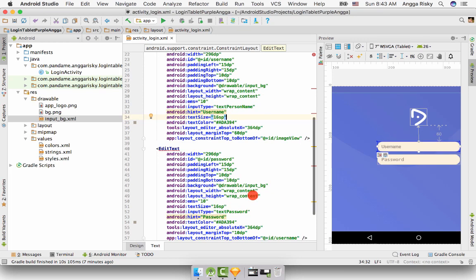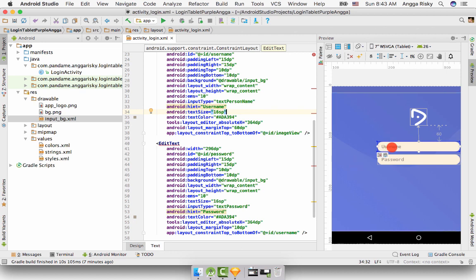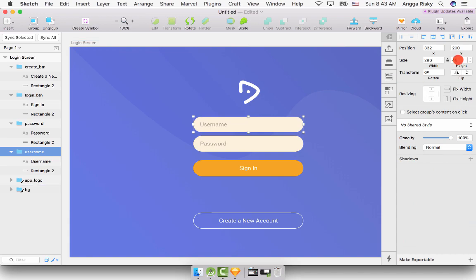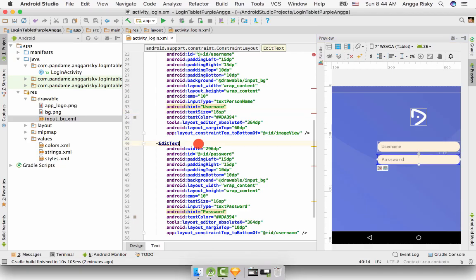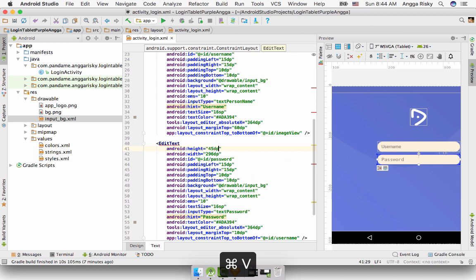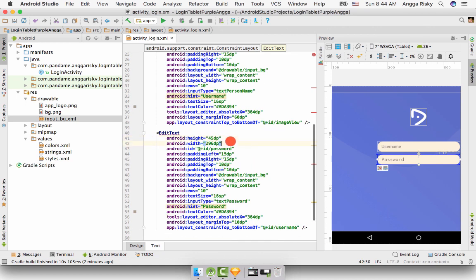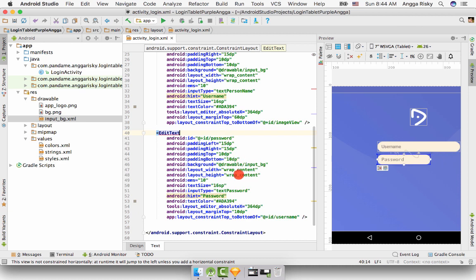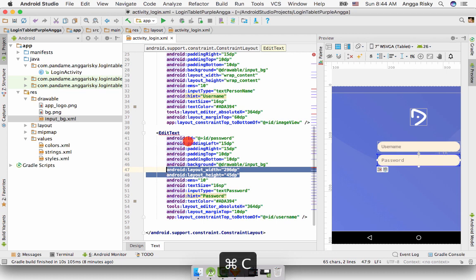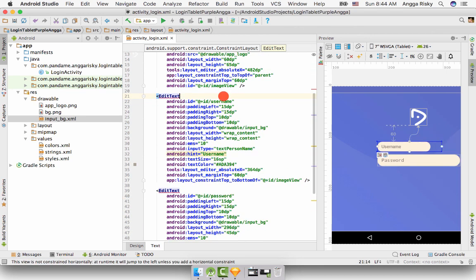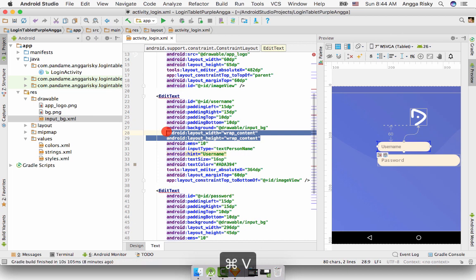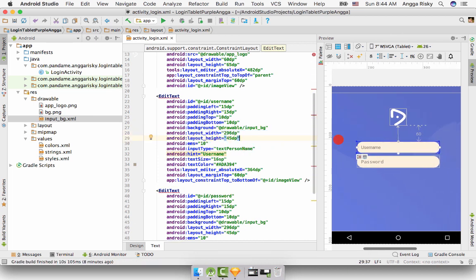Okay, but here I think that I got the problem here, that I will change the height maybe 45, so we should change the height. Oh, this one, sorry, so here should be 200 dp, 45 dp. Yeah, and we're gonna copy and remove this and replace these codes. Okay,